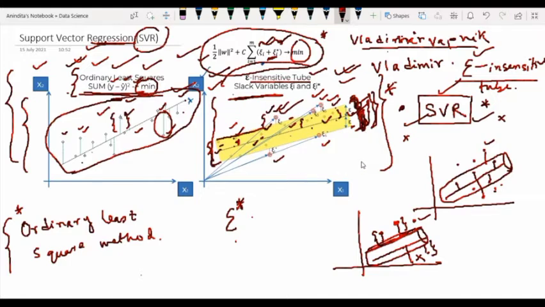So in SVR, the best fit line is basically a hyperplane that has the minimum number of points. Here I want to tell you one point. Unlike other regression models that try to minimize the error between the real and the predicted value, like y and y hat, the SVR tries to fit the best line within a threshold value. Now, what is this threshold value? This threshold value is the distance between the hyperplane and the boundary line of the tube.